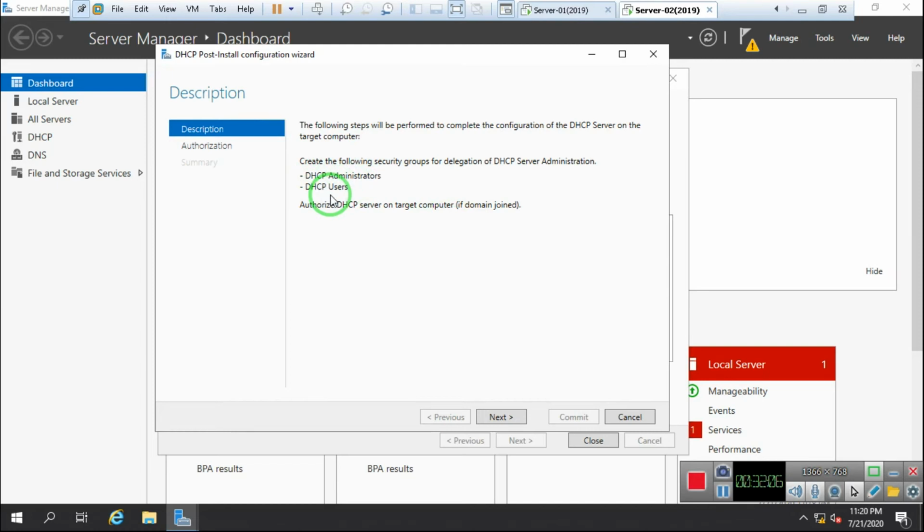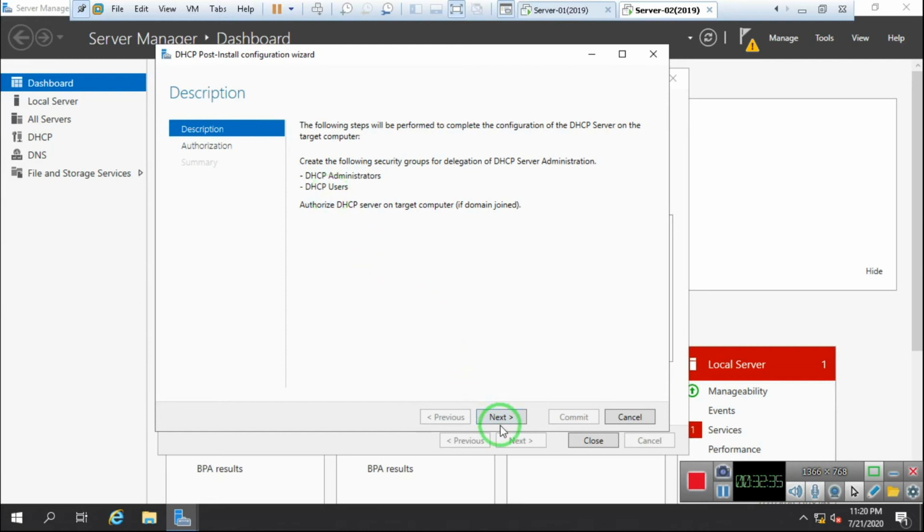Imagine that I have some users and I want to tell them they are able to manage the DHCP servers. I need to add my user in the DHCP Administrators group. If I add my user in this group, my user is able to manage my DHCP servers.